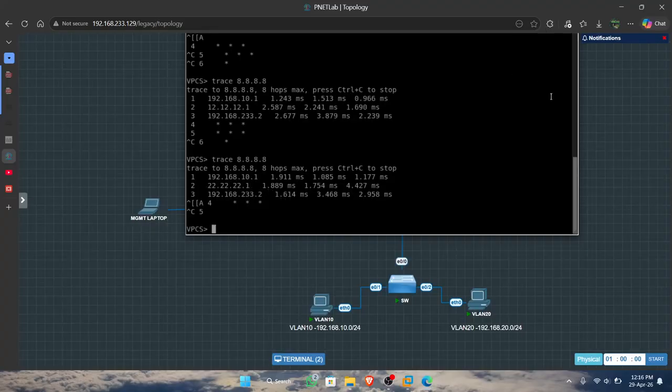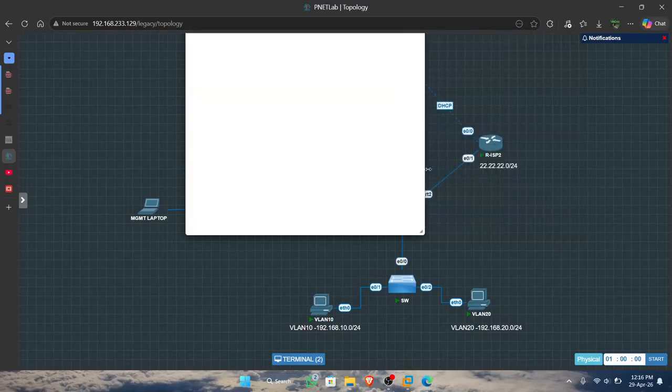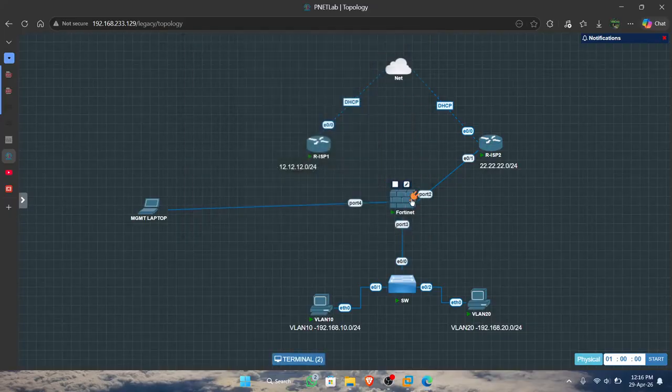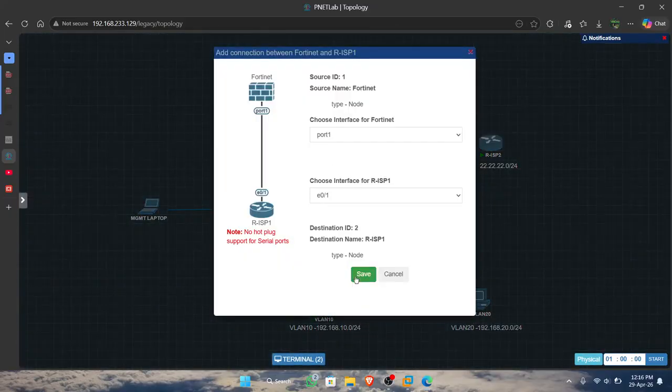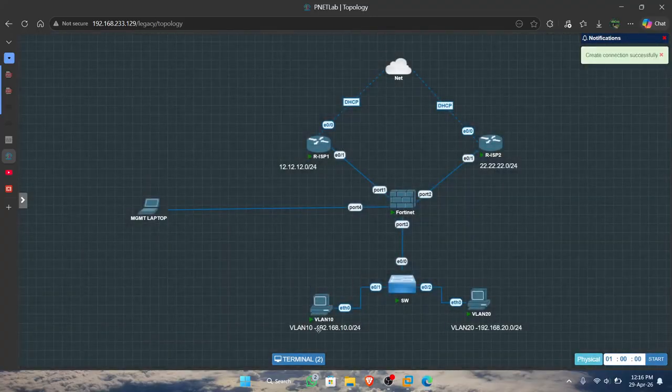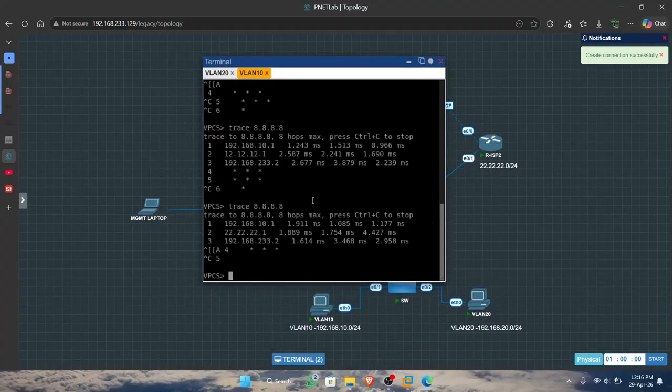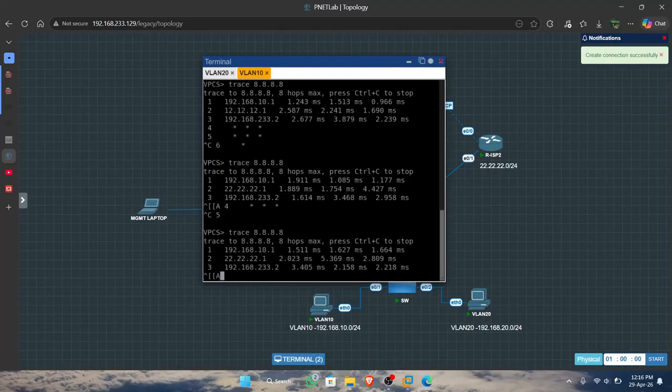You can show this, the packet goes to port 2. So if we connect again and save, we trace it again.